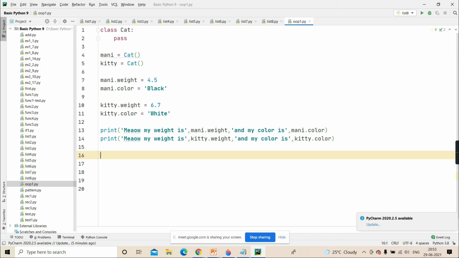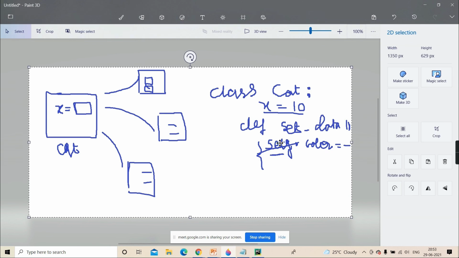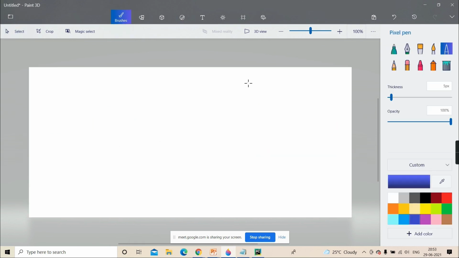Agreed? Now if I run this program, do you know that first two objects are created? Pictorially I'll show you. First one object of the Cat class is created, and its reference is stored in Money.